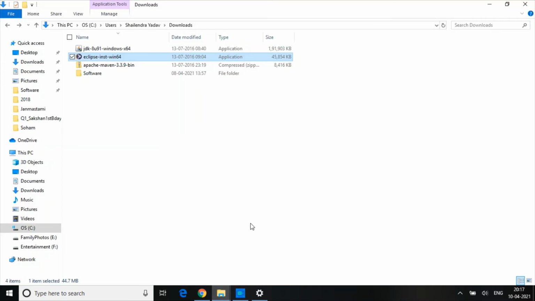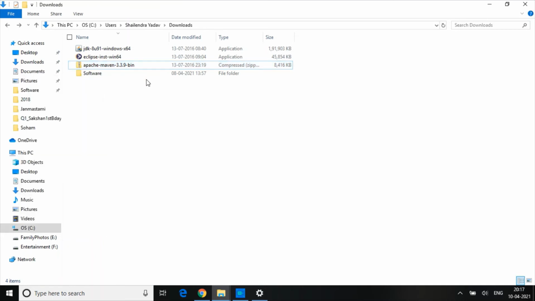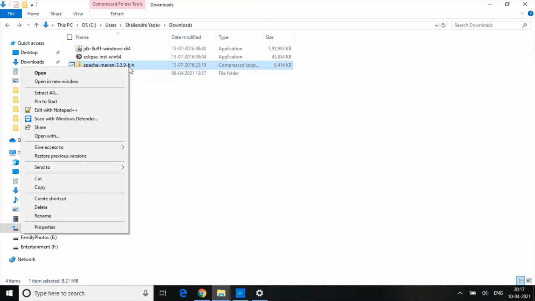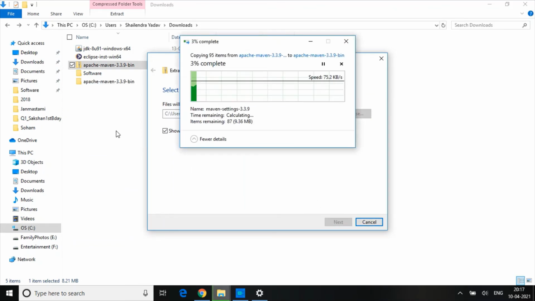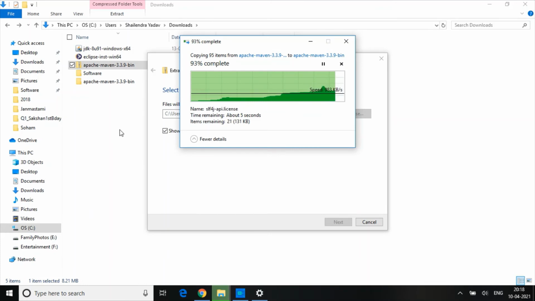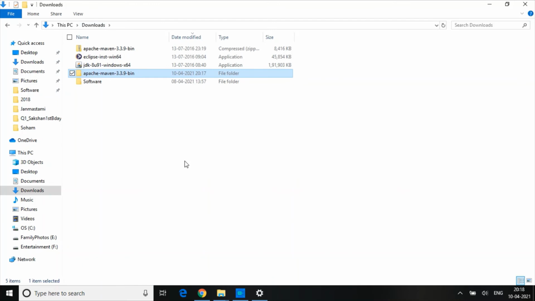Now let's move to the third configuration, Apache Maven. Apache Maven is not an installer, so first we have to extract it. Copy it somewhere, create your own software folder in the C drive or D drive, and then extract here. Once it has been extracted, basically unzip this Apache Maven archive.